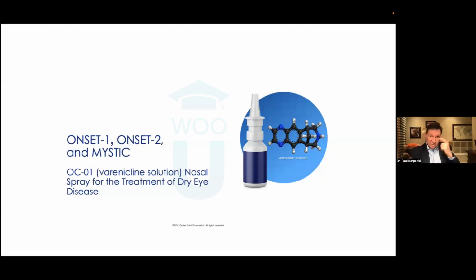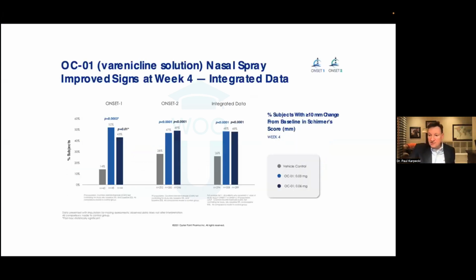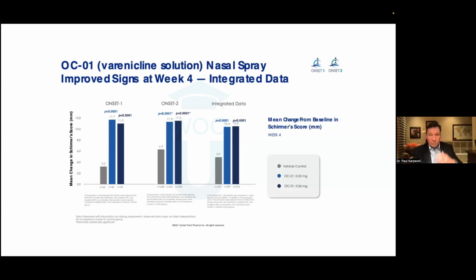That last one was an external tear stimulant that you place on this crease here. This one here is the spray that's approved. This again is a medication spray that you spray in behind this crease here. Look at the data on varenicline solution. I mean, this really stimulates, especially my Sjogren's patients, my aqueous deficient. They love this. It gets all the tear volume up to where it needs to be.